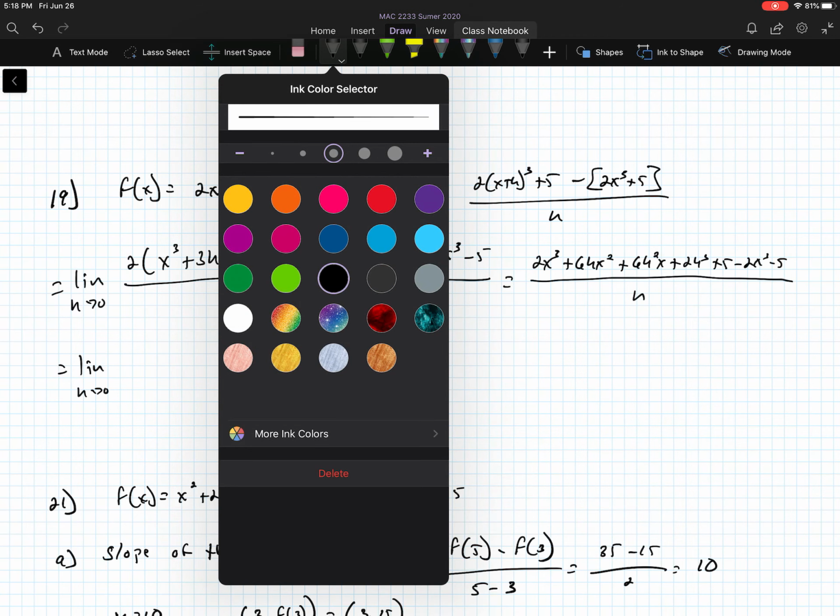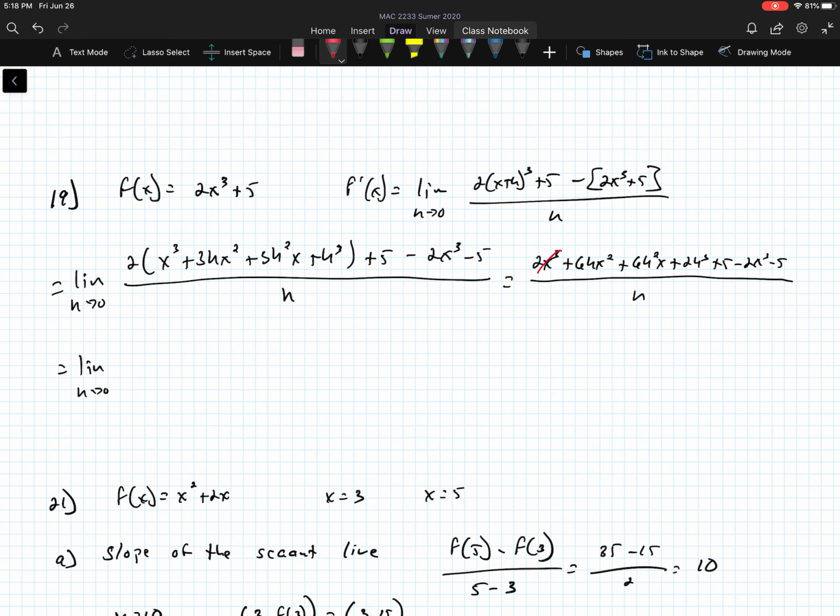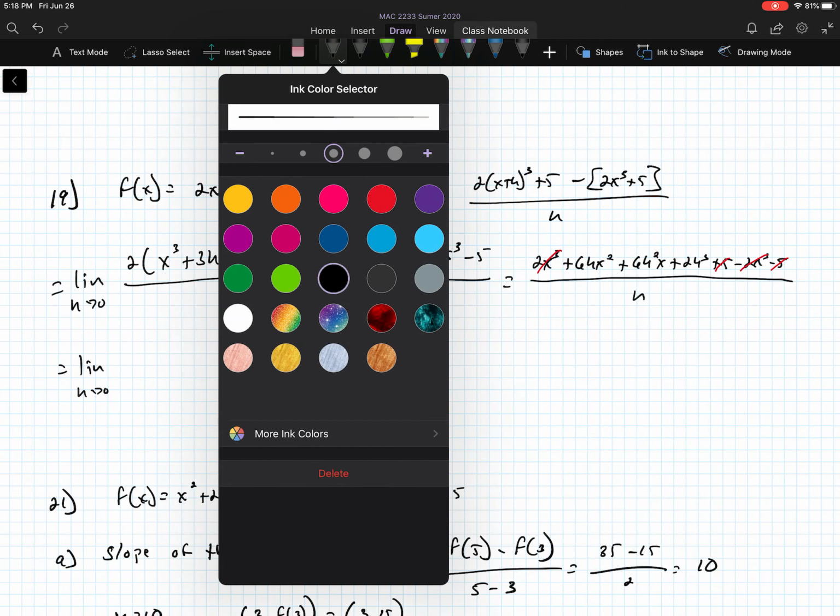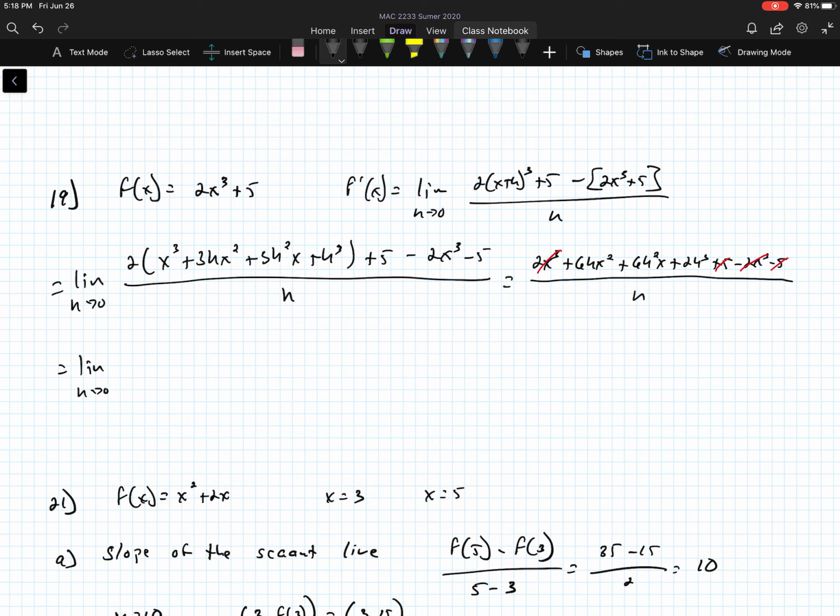I'm going to cancel out here in this step so we can see it. So that's going to cancel out. That's going to cancel out. The 5s are going to cancel out, right? And so I'm left with my 6hx squared, I have my 6h squared x, and I have my 2h to the third, right? All over h. Now, if I cancel out an h, then I'm left with 6x squared